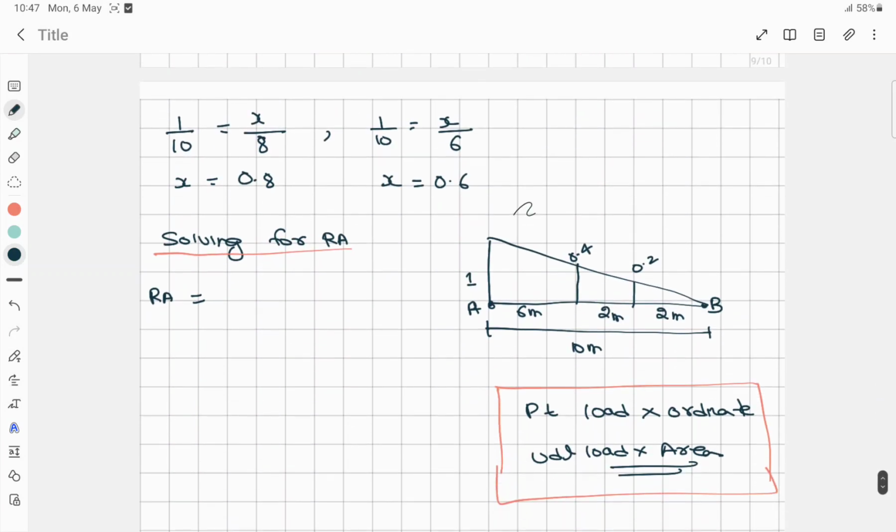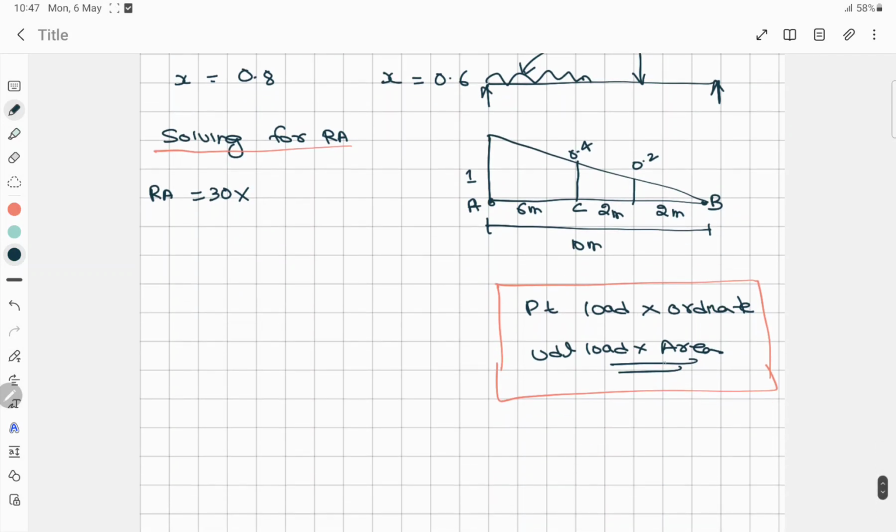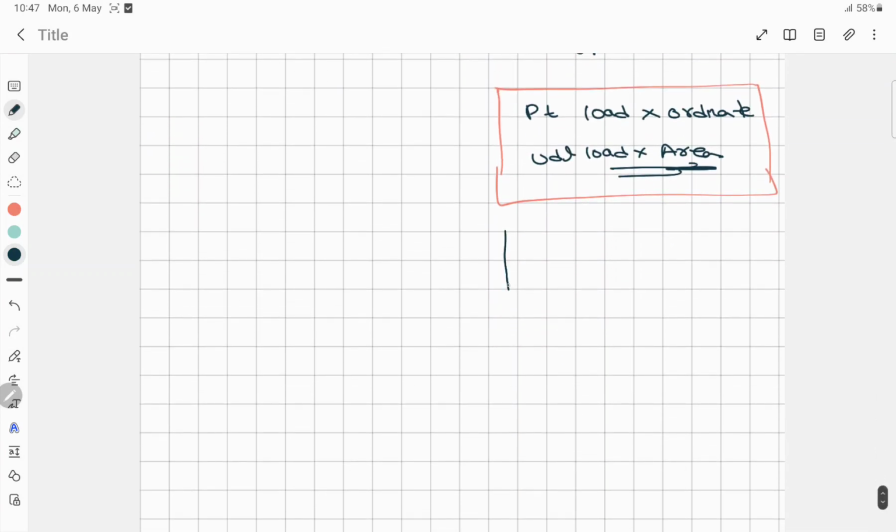First, okay, here I'll draw the diagram also. It was like this, okay, and up to the C point, this is C point, right? Up to C point UDL is there, and for this one point load is there. UDL of what was there, 30, and this one was for 50 kilonewton. Now for finding the RA value, what will be there? This is the load, 30 into, now in case of the UDL, we have to multiply it with the area. So we'll take out this and this,